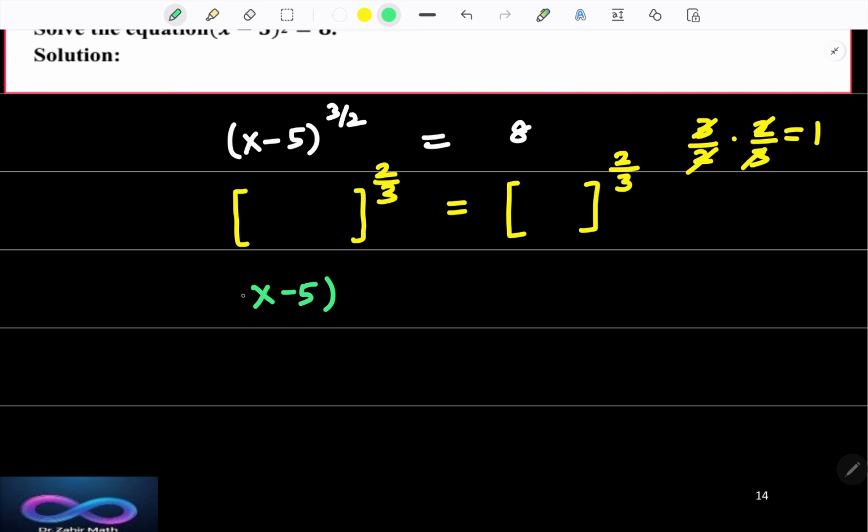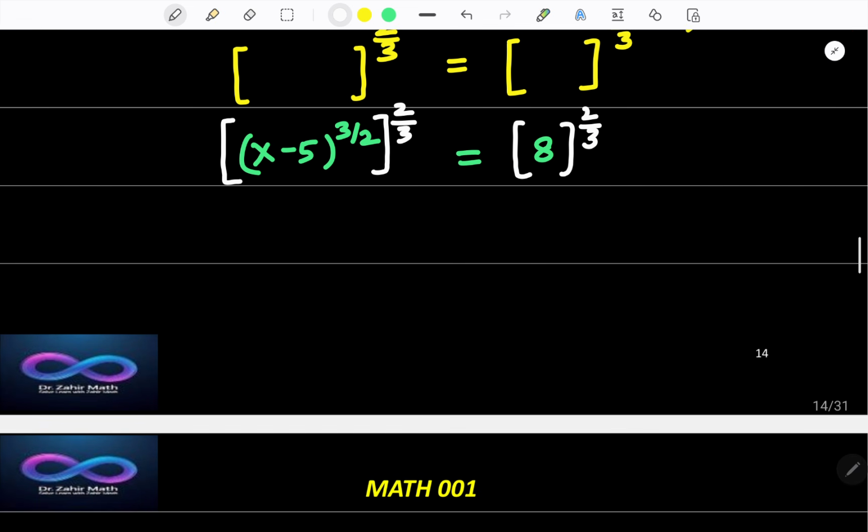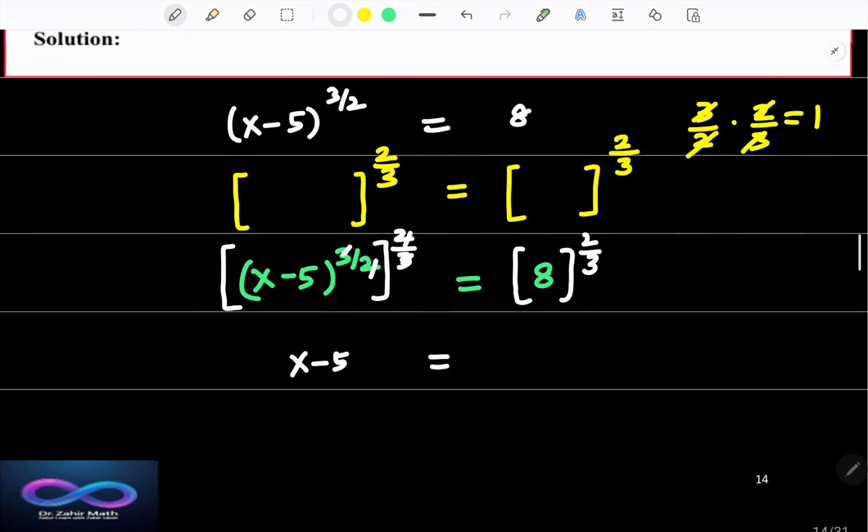x minus 5 to the power of 3 by 2 is equal to 8. So what am I going to do? I'm going to take it as power 2 by 3. Now what happens? This 2 gets cancelled, 3 gets cancelled. So x minus 5 is equal to, put in the calculator, 8 to the power of